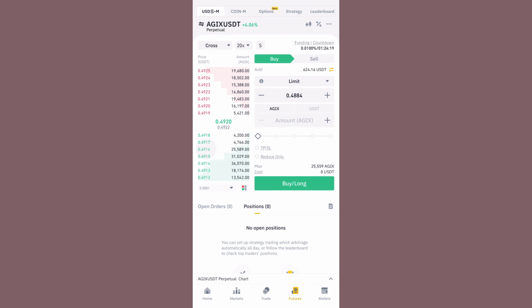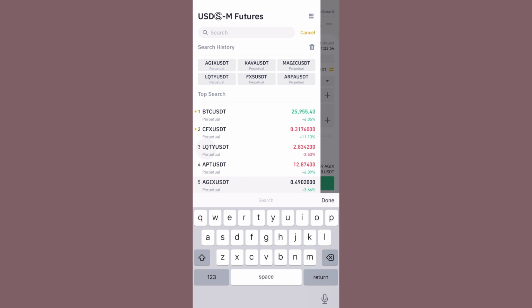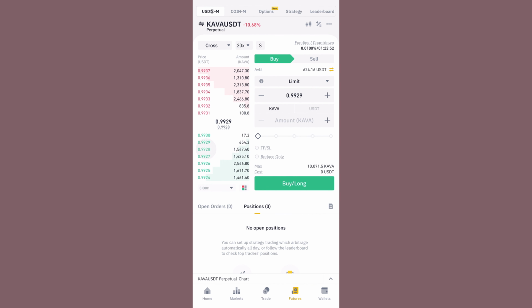So you'd see that the price is 0.49 for this AGIX that we are on right now. If you want to change the assets, the currency you're trading, just click on it, and you would get the option to search for any cryptocurrency you want to trade. So let's say we change to Kava, for example. This is it. The price right now is